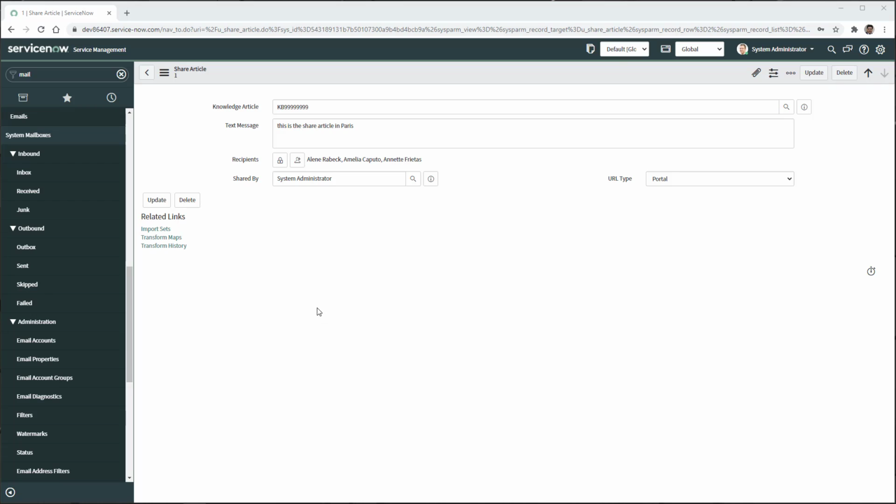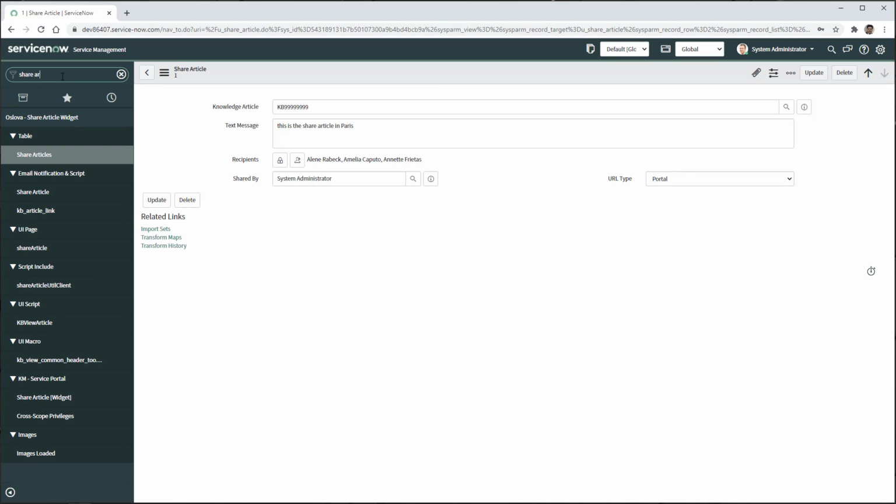Now let me walk you through the application module that is available for administrators for this share article widget. If you type share article, you will see this application module available. These are all the artifacts: tables, scripts,